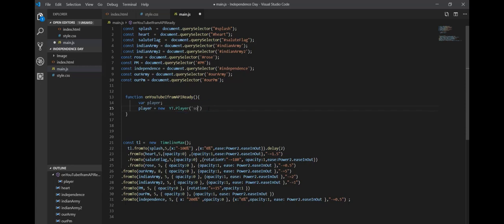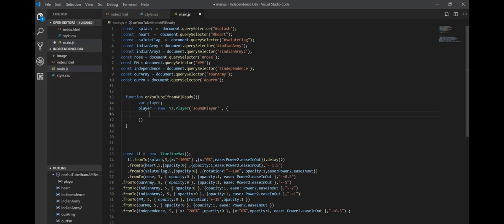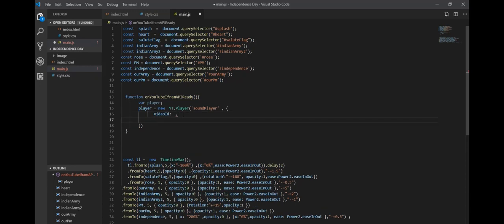Now in the parenthesis I'm gonna give the reference of our id which I created recently, and after that I'm gonna give a video id. You can give any id from YouTube which you want to play in the background. For this I'm gonna play the national anthem, and